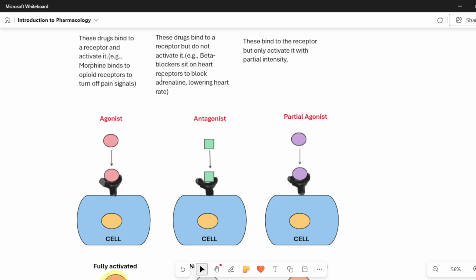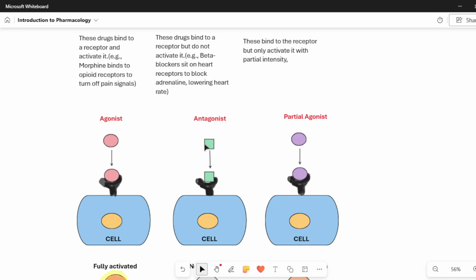Next is your antagonist. It will go and sit there and it will block it. So beta blockers sit on the heart receptors and they block adrenaline, because of which the heart rate is lowered. When adrenaline is released, we know the heartbeat races and it beats fast. So now what is happening?